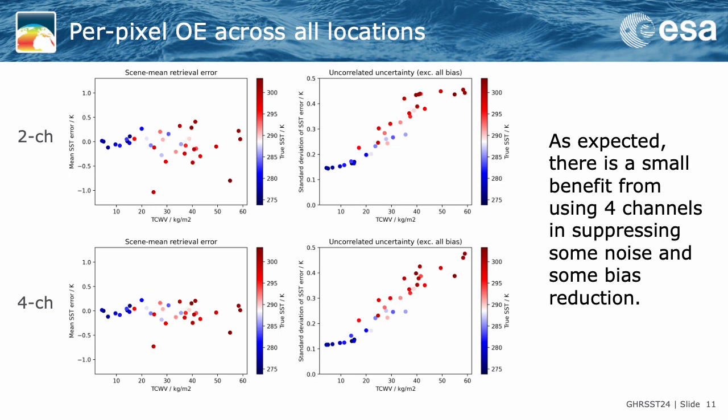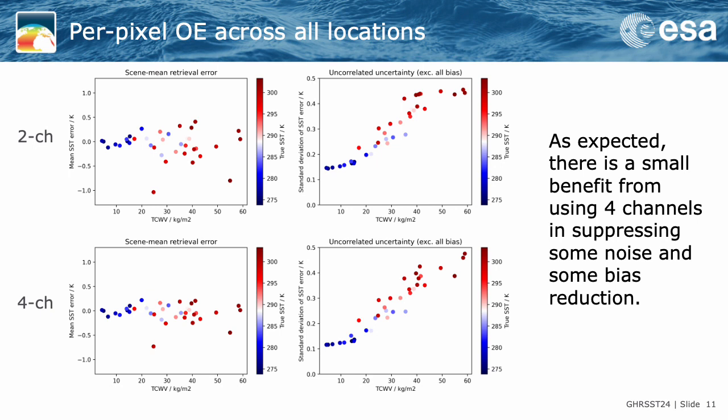As we might expect, there is a small benefit from using 4 channels rather than 2, in that it suppresses some noise, seen on the right-hand side, and there's also some bias reduction from averaging out, or from better treatment of the atmospheric correction. But nonetheless, the amount of noise we're getting here, the standard deviation of the SST errors shown on the right, is getting up to almost half a Kelvin in the wetter atmospheres, which is really somewhat larger level of noise than we'd ideally like for SST,